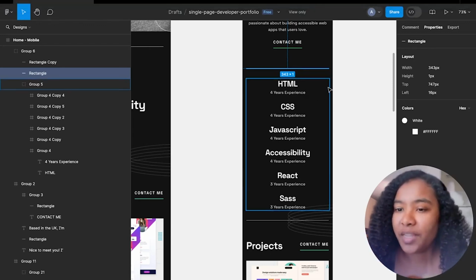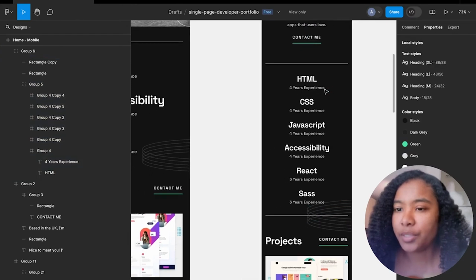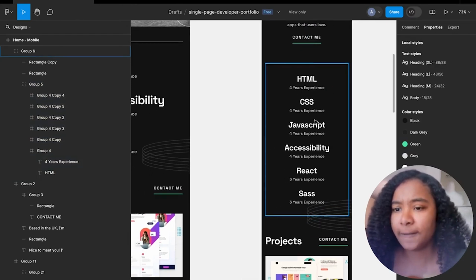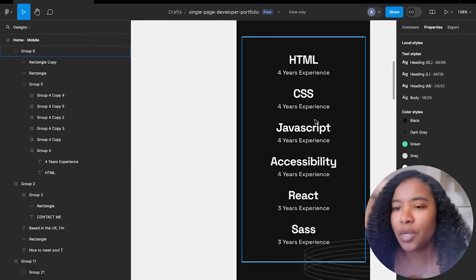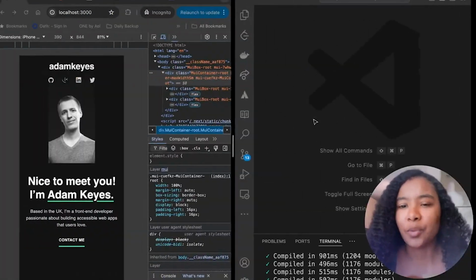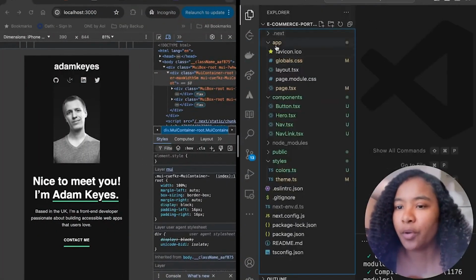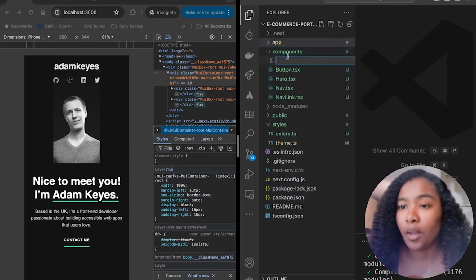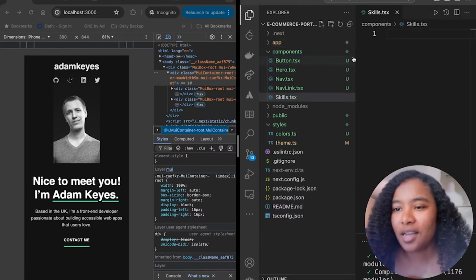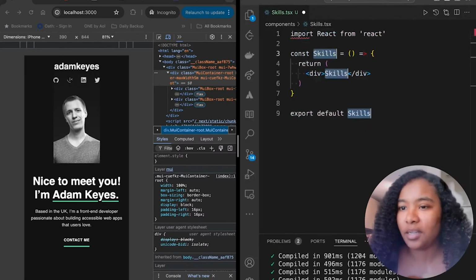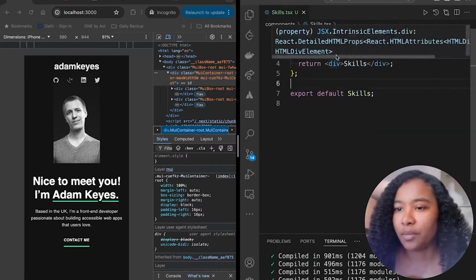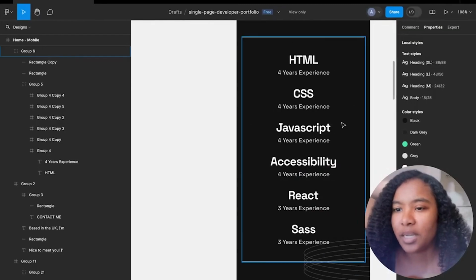All right, so what we're going to do for this section now, this is fairly straightforward, we're just going to sort of plug and play these text elements. So I'm going to, what should we call it? Skills. We'll call this a skills section. So I'm going to create a new component. I'm going to call it skills, skills.tsx. And then we're going to create an action, or REFCE, and then